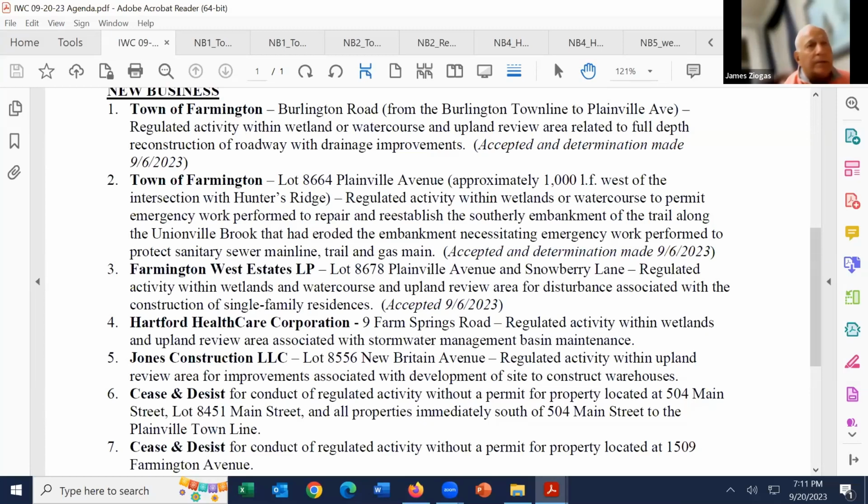At the last meeting, we had discussed extensive items in our presentation, and the commission had come back to us with some questions and some reservations. We're in the midst of working our way through that. We're trying to reduce the impacts to the wetlands areas on both the east and the west side. The engineer and our soil scientists, we met yesterday. They've got some ideas on how to do that. We think it's best that we table this for now and schedule an on-site inspection so that the commission can get an idea of some of the